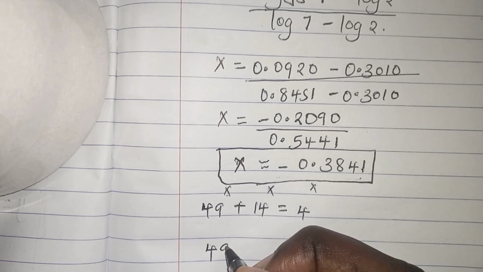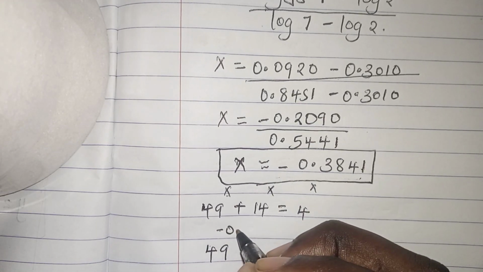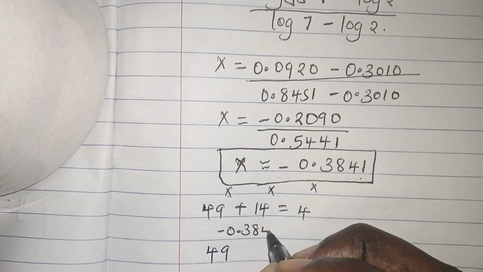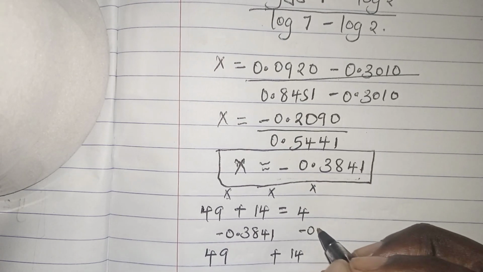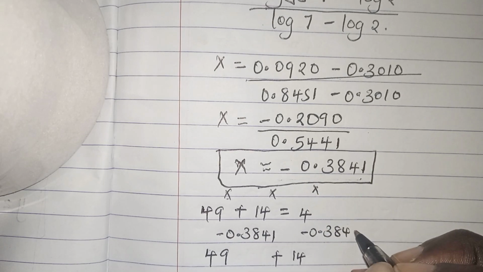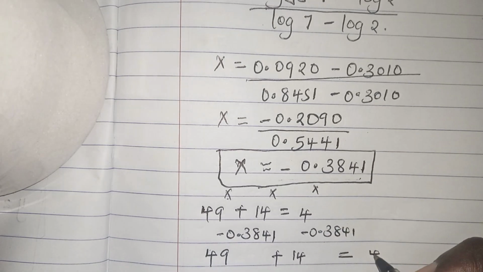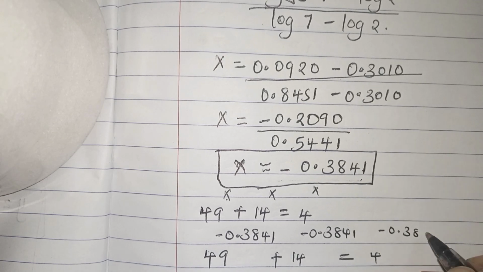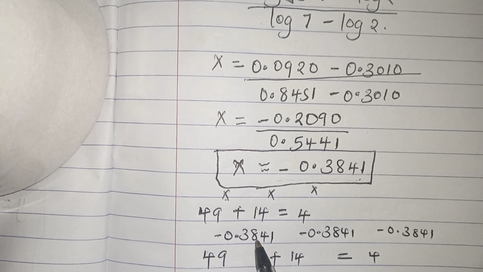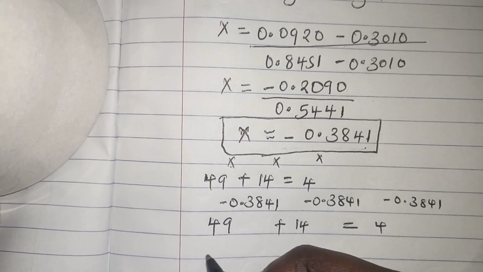So 49 to the power of negative 0.3841 plus 14 to the power of negative 0.3841 is equal to 4 to the power of negative 0.3841. So if you use your calculator, this gives us